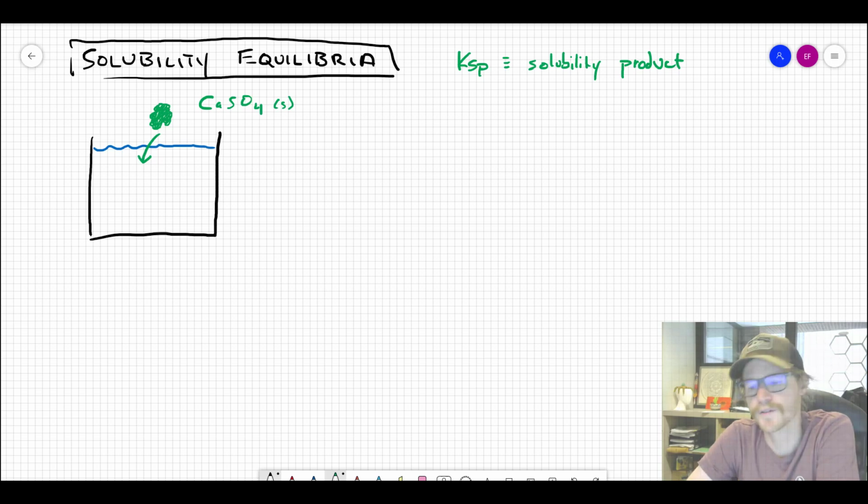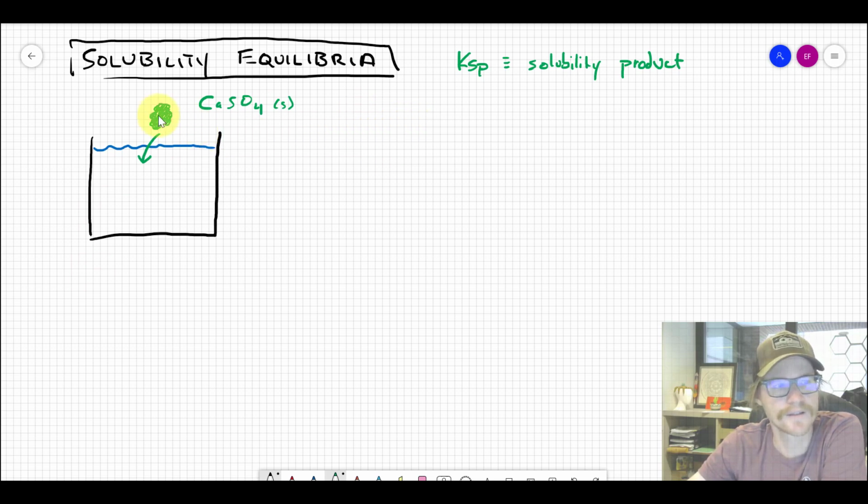So the first specific flavor of aqueous equilibria that we're going to talk about refers to solubility equilibria. And it gets its own special equilibrium constant K that we call Ksp. And the sp part comes from the name solubility product. The reason it's named solubility product is solubility equilibria are always going to be written in the direction of the